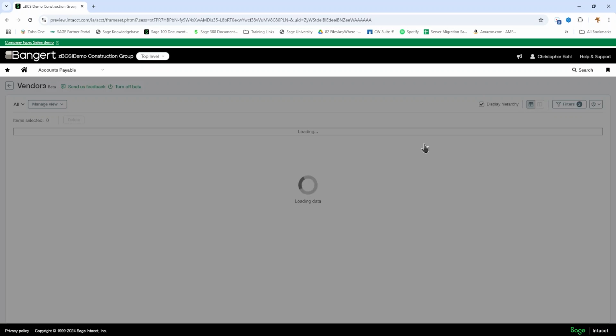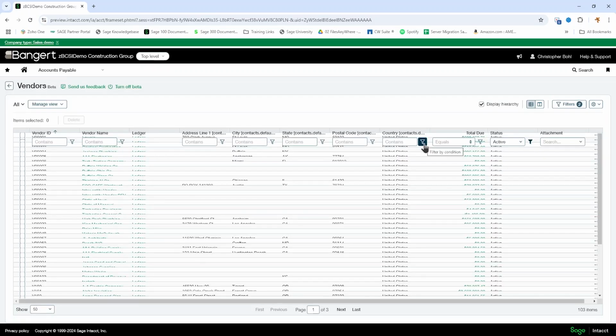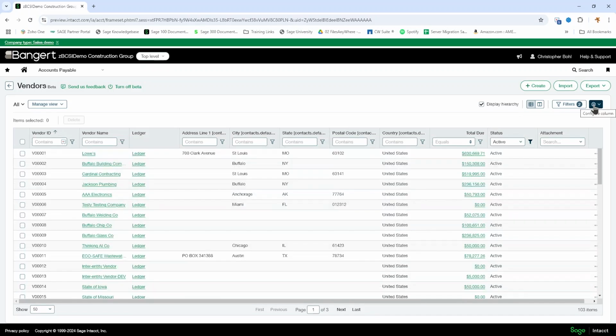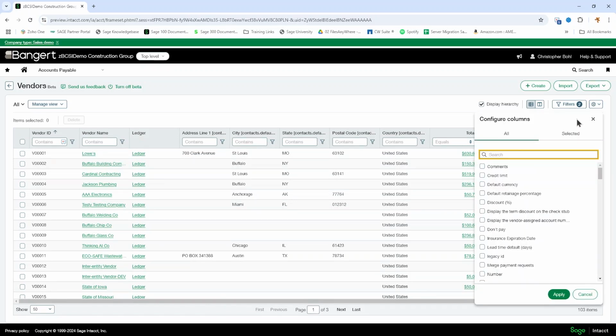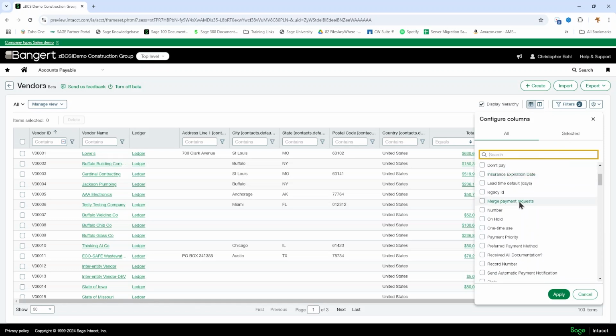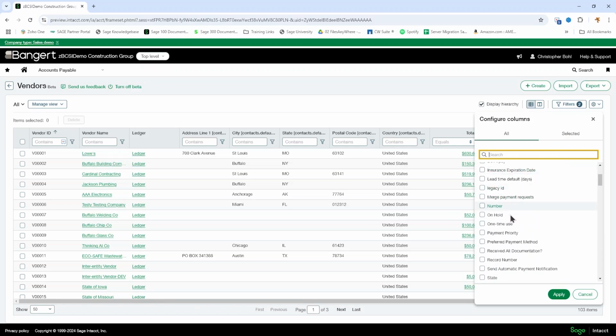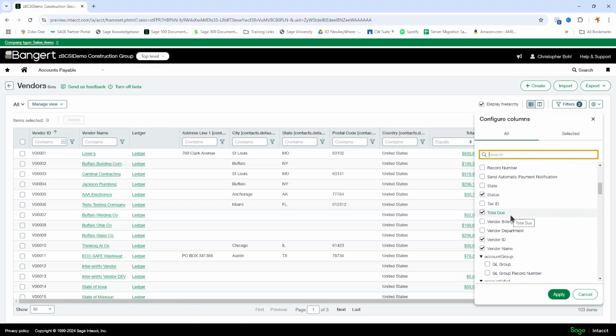So one of the features that's my favorite is you can change your fields quite easily, which makes this almost into a report all on its own that you can just come in and change as you need. So you click on the cogwheel in the top right, then you click configure columns, and now you can pull up any of those fields that you might have recorded for your system.